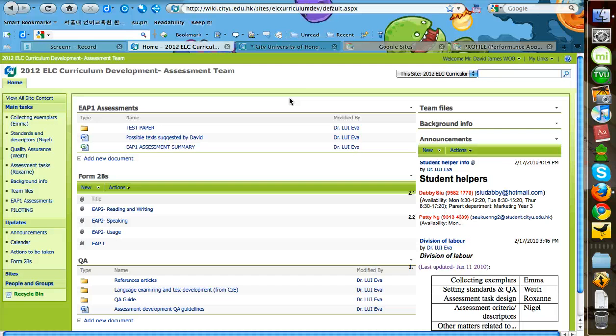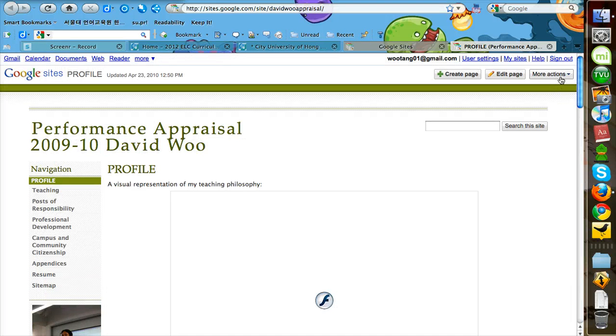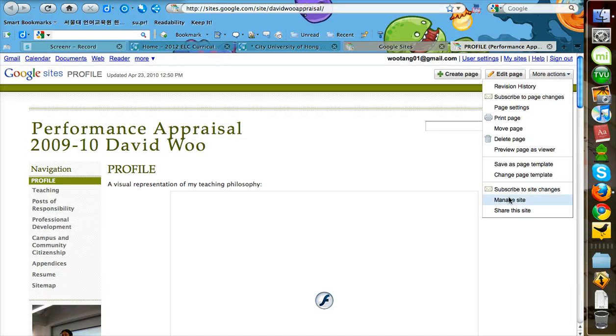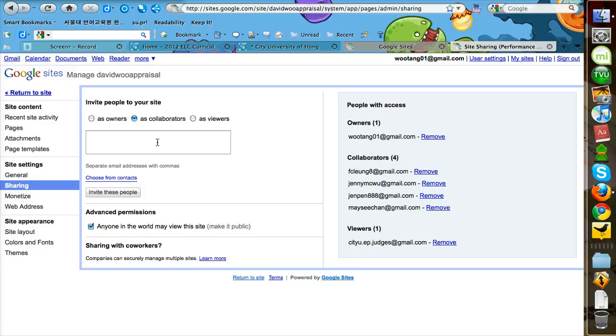very difficult process to internalize, all of these mouse clicks. For example, how do I fix this page? How do I share it with people? I need to click on this. I need to manage this site. I need to do several things like click on the sharing button and then type this here, invite these people. After that, I have to click on return to site. So basically,